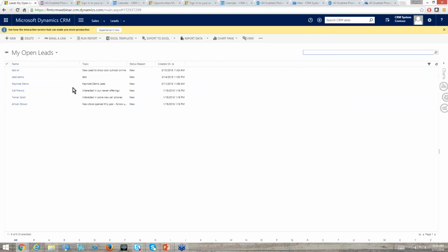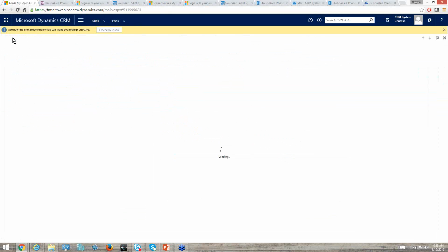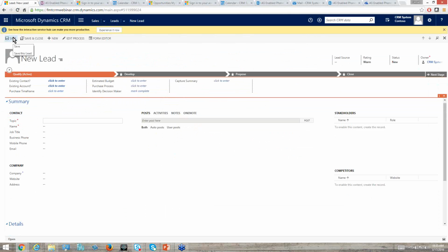All right, so I go in here, I click new lead. Now I have a check based on the email, so I hope I pick up the right email as I create this lead that I already have in the system. So let's say dup check, and I put in the name as myself, and here I put in the email as, I think I have this in the system at fmt.com,